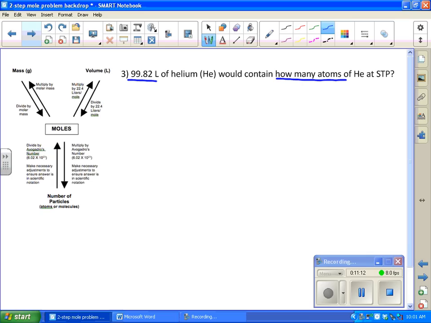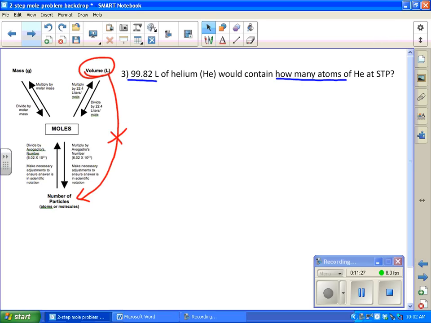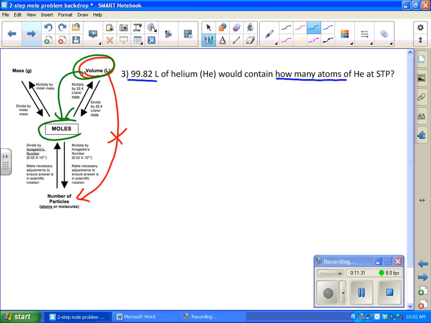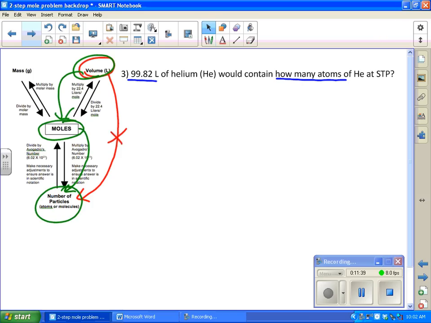In order to answer that question, we're trying to go from a volume to a number of atoms, but we cannot do that directly. We first have to go from volume to the number of moles. And once we get the number of moles, we can calculate the number of particles. So again, this is a two-step problem. So how would we set this up? We are beginning with 99.82 liters of He gas,